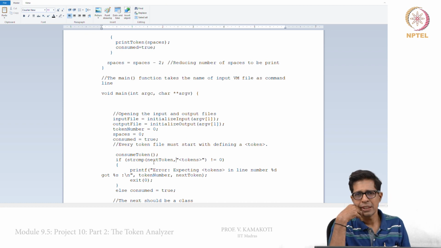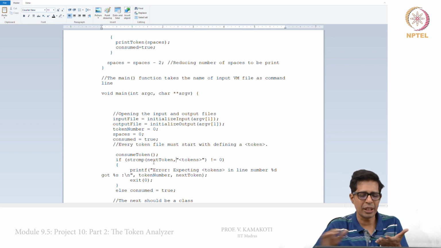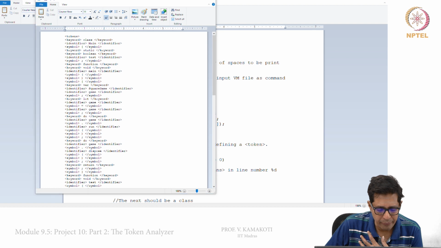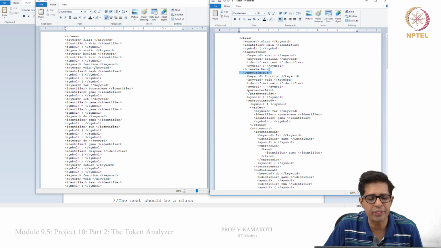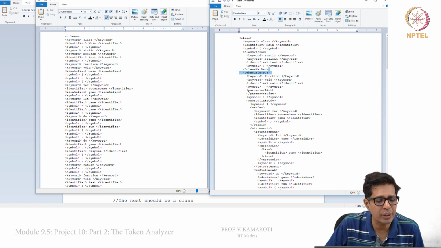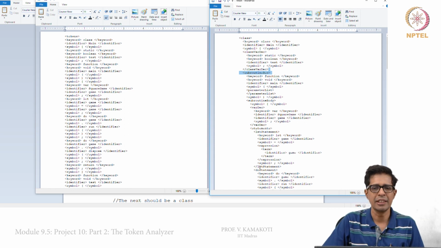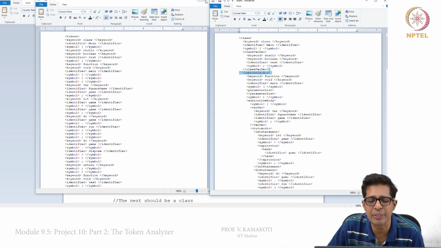you will read a token, and if the token is not yet written into the new file. Whenever you read a token, finally the token gets written into the file. So, that is what we are seeing. Just to go back and tell you, all these tokens we have reproduced here. What you see on the left hand side is the input file, the right hand side is the output file. All the tokens that we have seen here are reproduced here, but with insertions of some labels like class, class_var_dec, subroutine dec, etc. What you see on the right hand side will be useful for code generation. So, that is the analysis that we have done here.